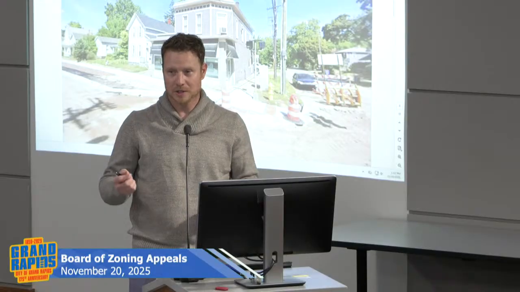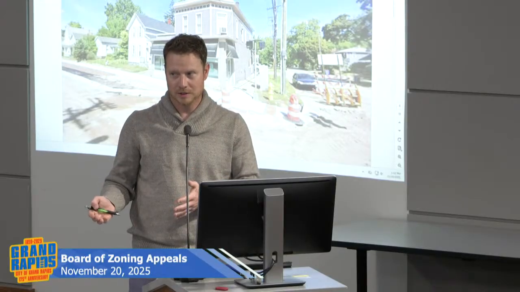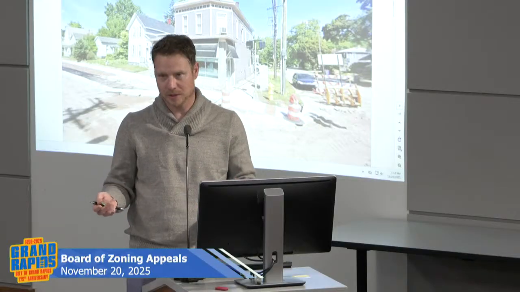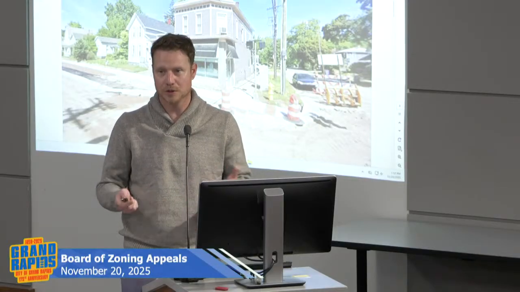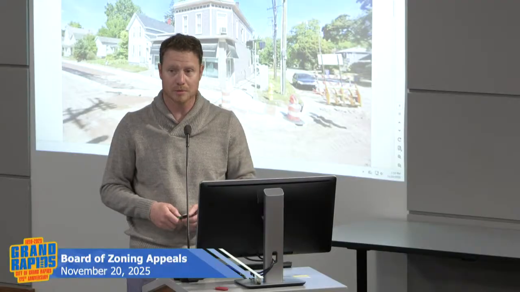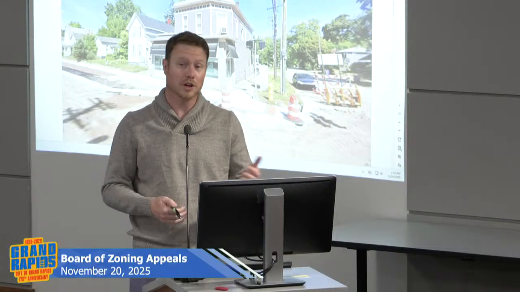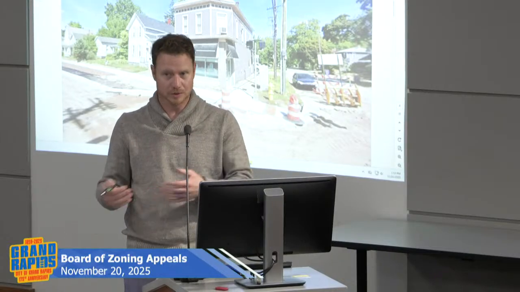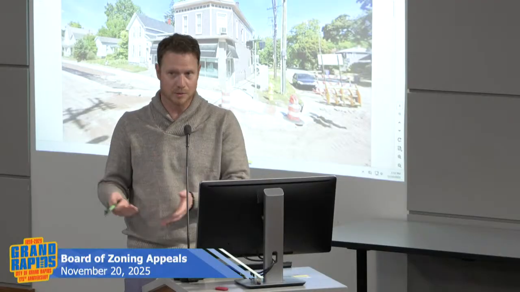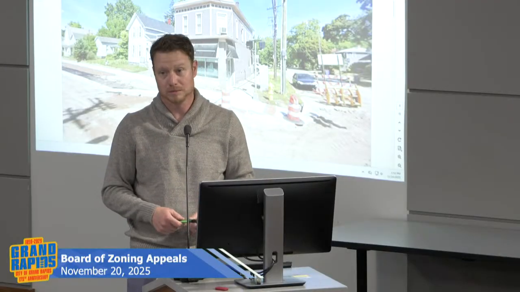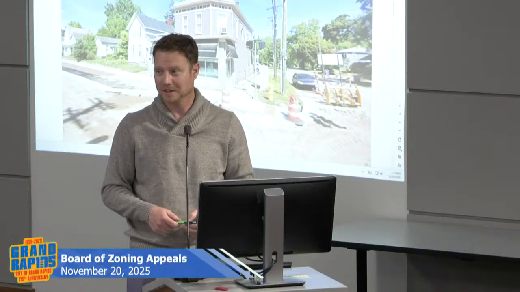Other than that, I don't know what questions I really do have. It seems fairly straightforward. Do you have anything else to add to why you need the variance? I think the only reason I need the variance is because it lost the designation, if I remember correctly. So when I put the building under contract, I did the due diligence, making sure that we'd be able to operate properly. And I think I touched base with Rowan, and he said, oh, it does look like it's lost that designation, so we'll need to do this to get that designation back active. So that's the only reason I think we need it.